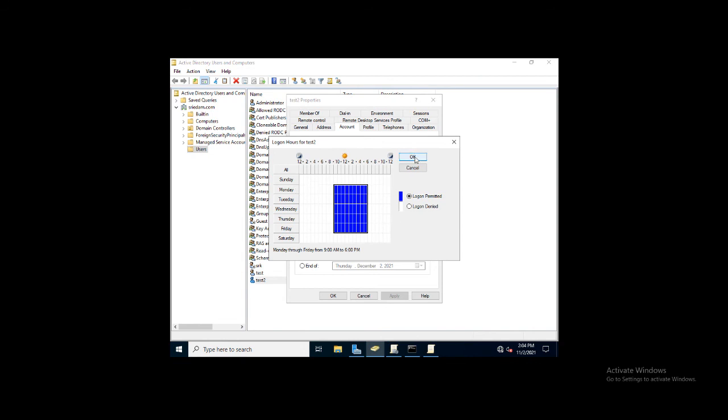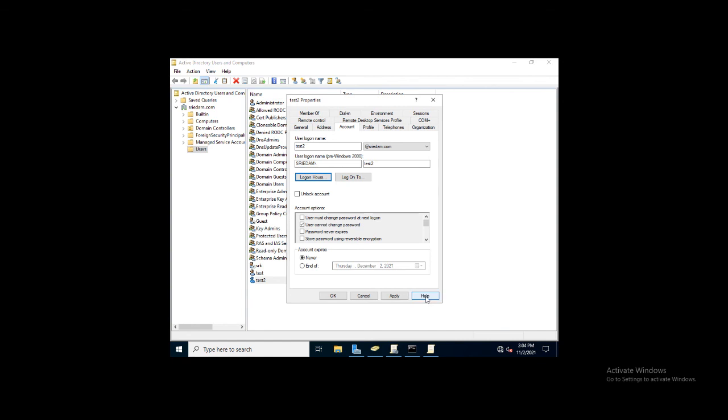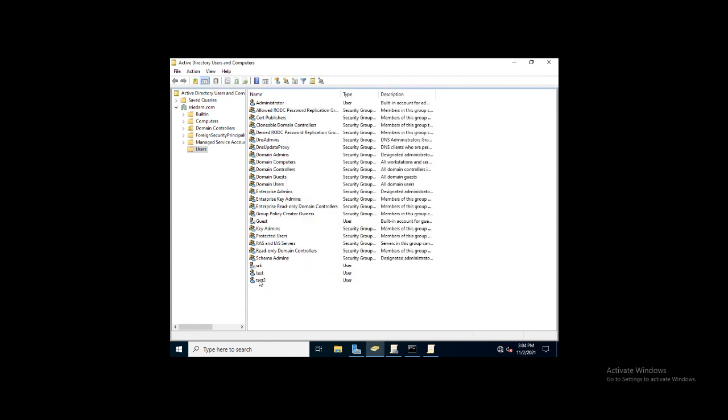I will click on OK now. Click on Apply and OK. So this is how you configure user time intervals to log in.